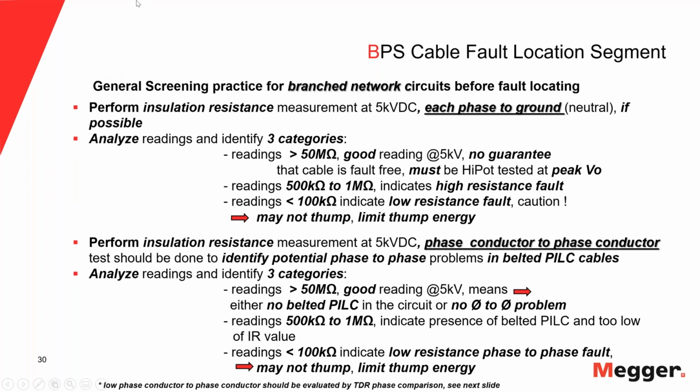Okay, so what is another screening test now? After going through some of the considerations, what is a screening test we can do? Again, we can do an insulation resistance test just to get a feel for the insulation resistance, because when we have a fault, typically we expect to get a lower reading than a good cable has. But the fact is, if we know how low it is, it will tell us. In the extreme case, we would have a dead short, with no resistance, which normally doesn't happen. The lowest I ever saw was about 500 ohms.